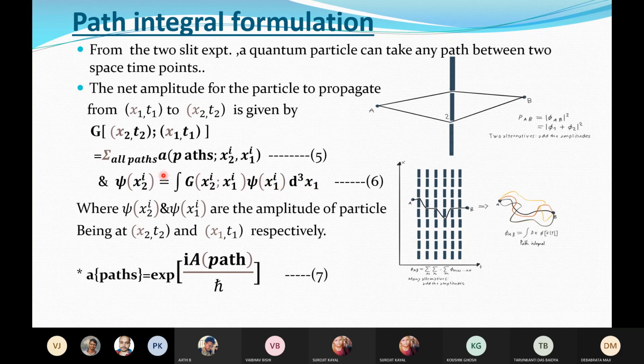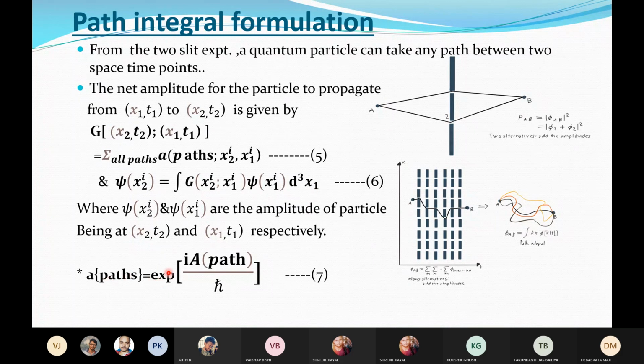I caution you because the x2 I is a space-time point. It has a time component and a space component, t and x, and the integration over is only the initial spatial coordinates. So it will be kept in mind, and then we postulate our main postulate in the path integral formulation, that